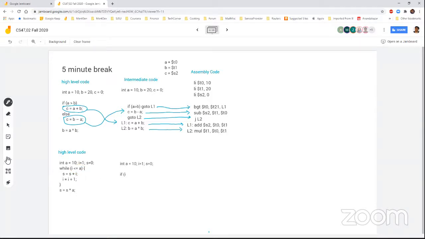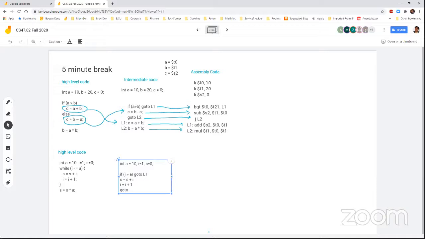So that would become like if I greater than a, go out of loop, go to L1, and then you have s equal to s plus I, then I equals I plus 1, then go to,